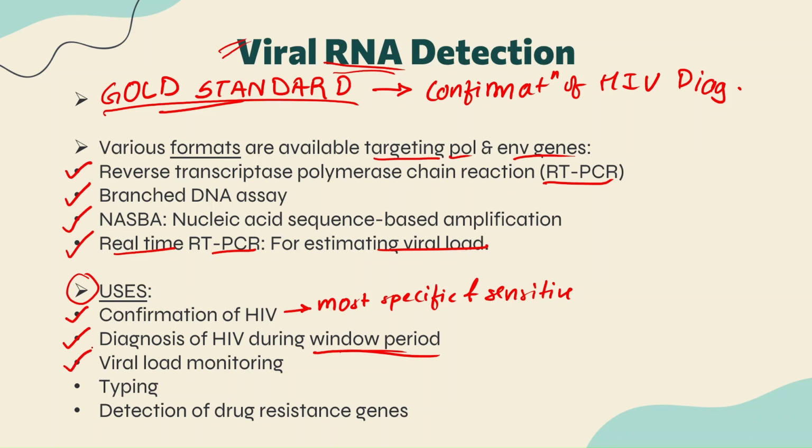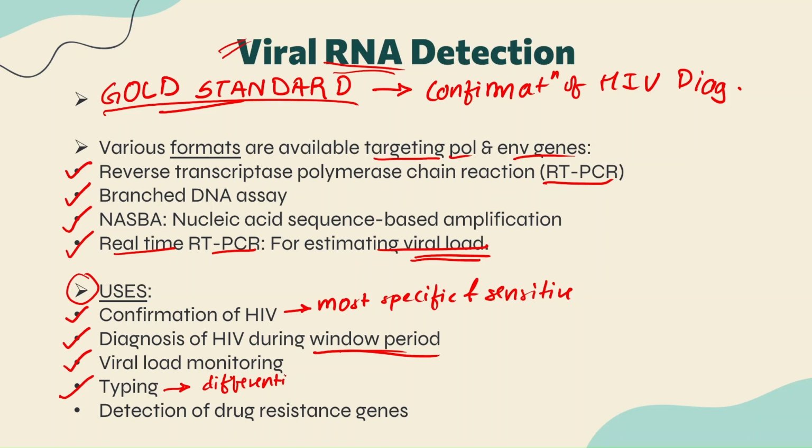Third thing, it is used for the viral load monitoring, as I just highlighted over here. Viral load estimation के लिए we have the real time RT-PCR, तो viral load monitoring के लिए है. It is also used for typing. Typing का मतलब पता है क्या है? It simply means that this RNA detection test जो होते हैं, PCR based methods जो होते हैं, they are capable